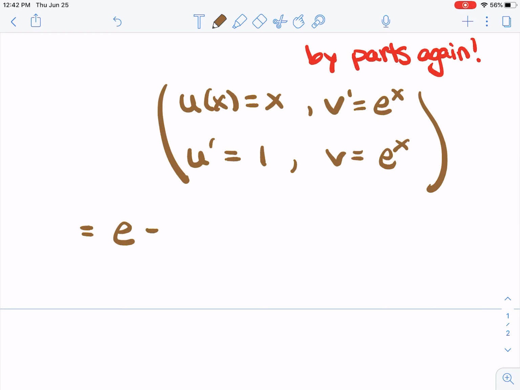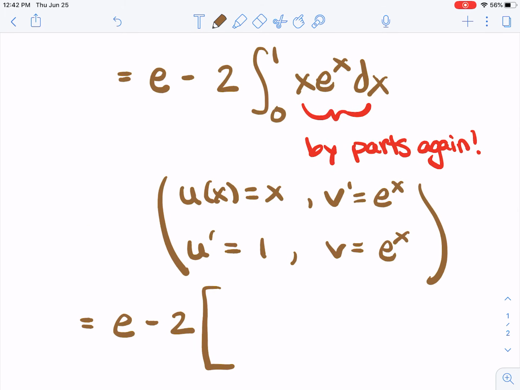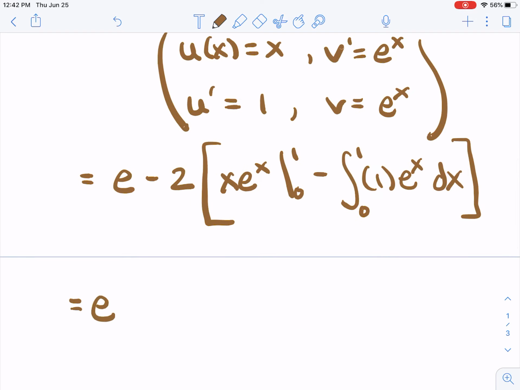And that leaves me with e minus 2 times the integration by parts formula again on this second integral: u times v. So that's x e to the x from 0 to 1, minus the integral of u prime times v, so 1 times e to the x dx. I'm getting an integral here that I know how to deal with, which is good news. So I've got e minus 2 times, I'll put in the endpoints of integration here, and I get e to the 1 again, minus a 0, minus the integral of e to the x, which is just e to the x